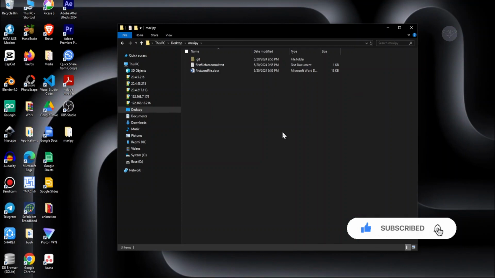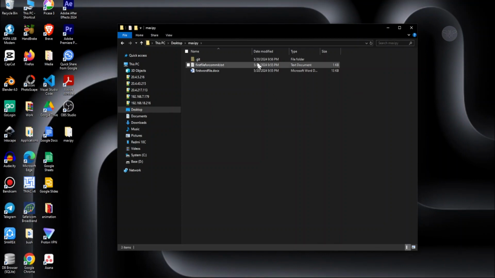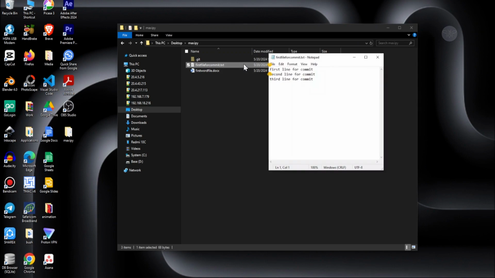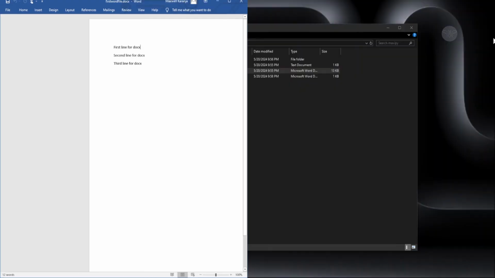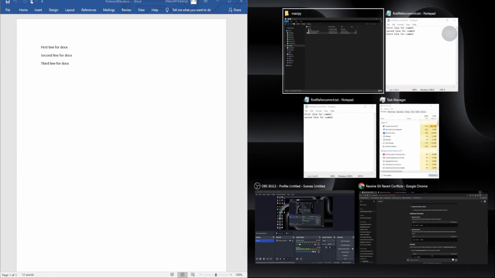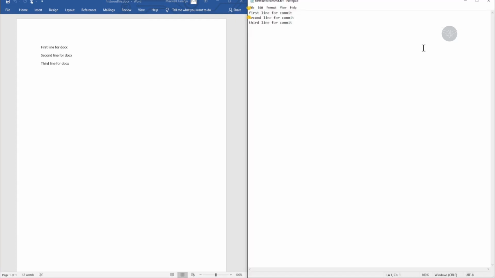I have completed making changes in the files, and I'll just show a recap of what I did. I'll open the txt file and the docs file. I'll explain the changes that I've made. As you can see, I have 2 files here, this txt and the word file. I'll focus on the